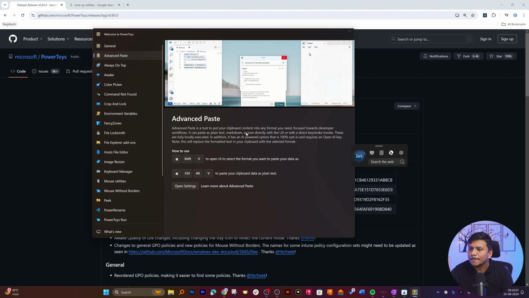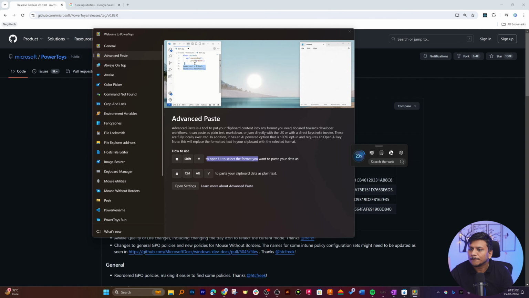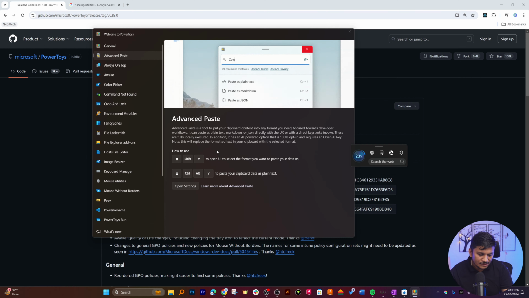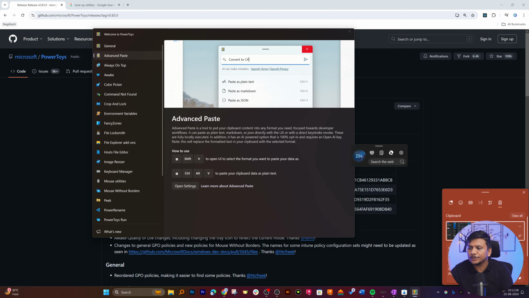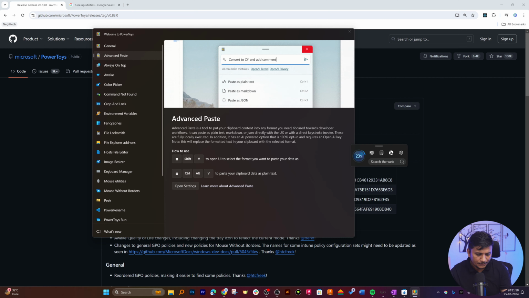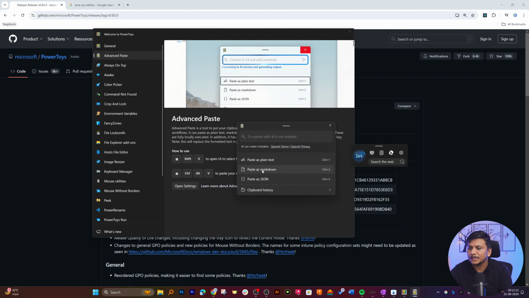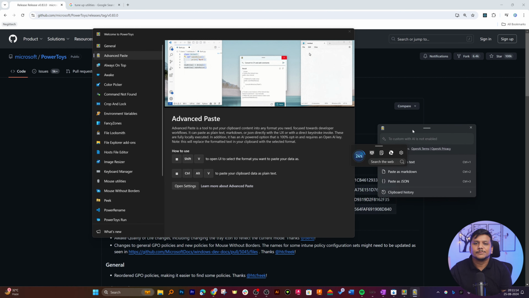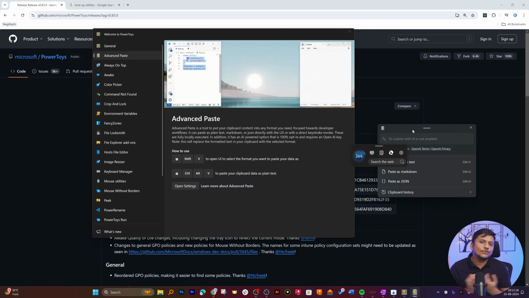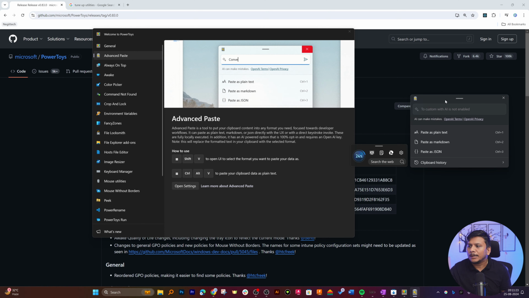Okay, so here we can see, in order to use advanced paste, we need to press Windows Shift and V. Okay, so let's press Windows Shift and V, and there we go. So the simple paste was Control and V, then comes Windows and V, the clipboard one, and this is the third one, which is powered by